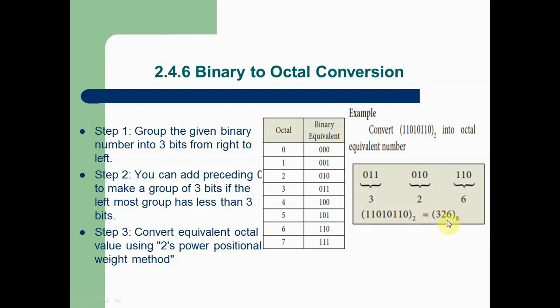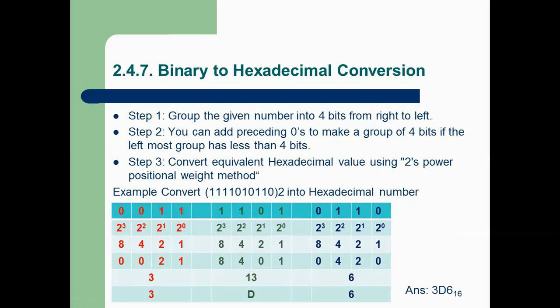Now, this is the simple method to convert binary to hexadecimal. The same method is followed here, but here we group the given number by 4 bits. So 0 1 1 0, again 1 0 1 1 1 0 1 1. In the last group on the left side, there are only 2 digits. To fill the 4 digits, I added 2 zeros here.